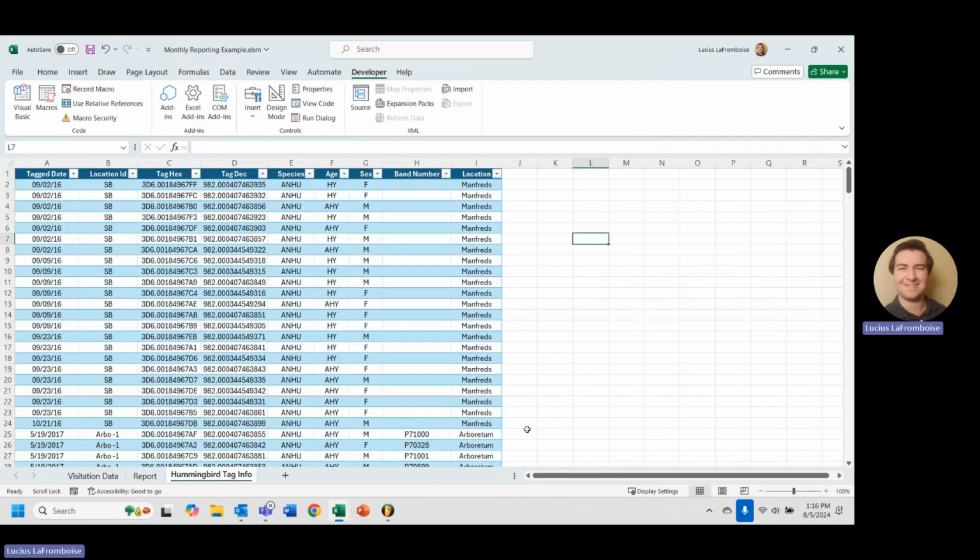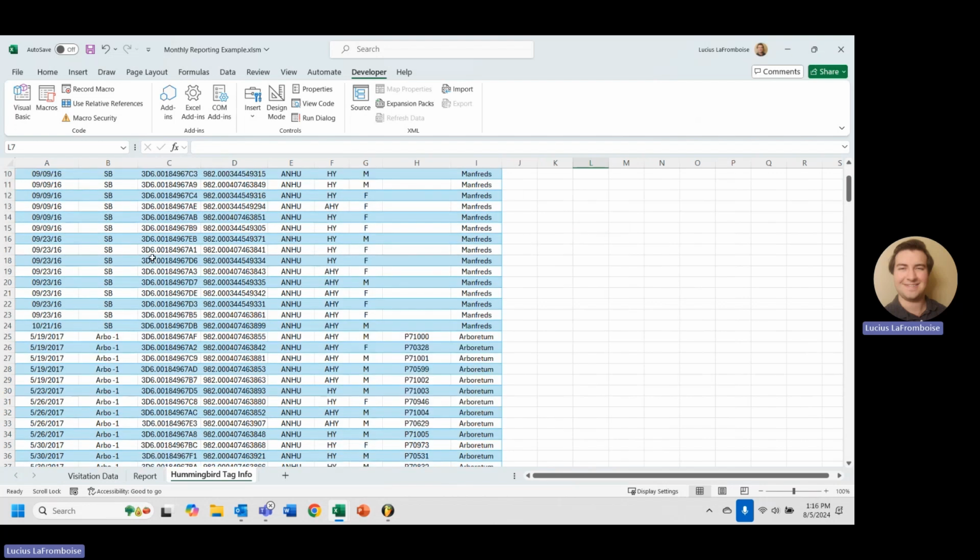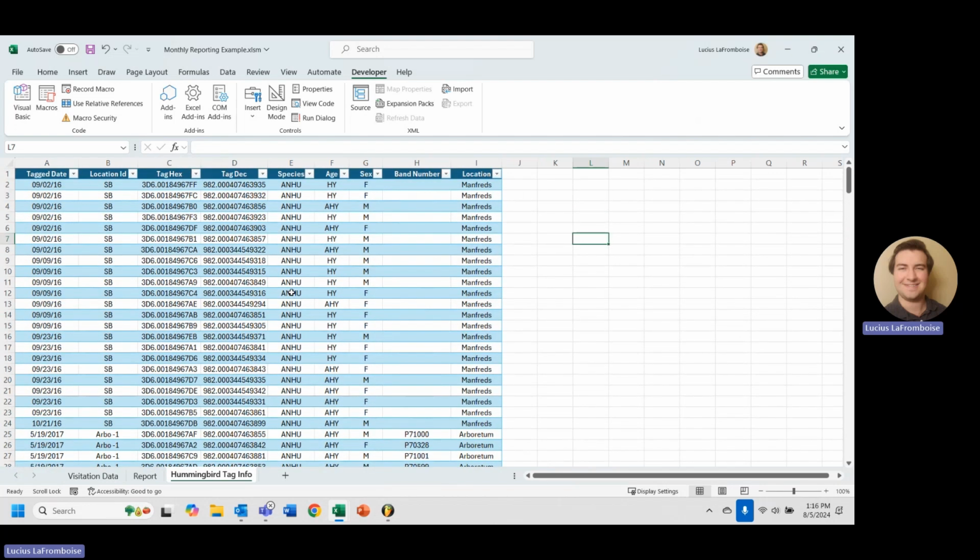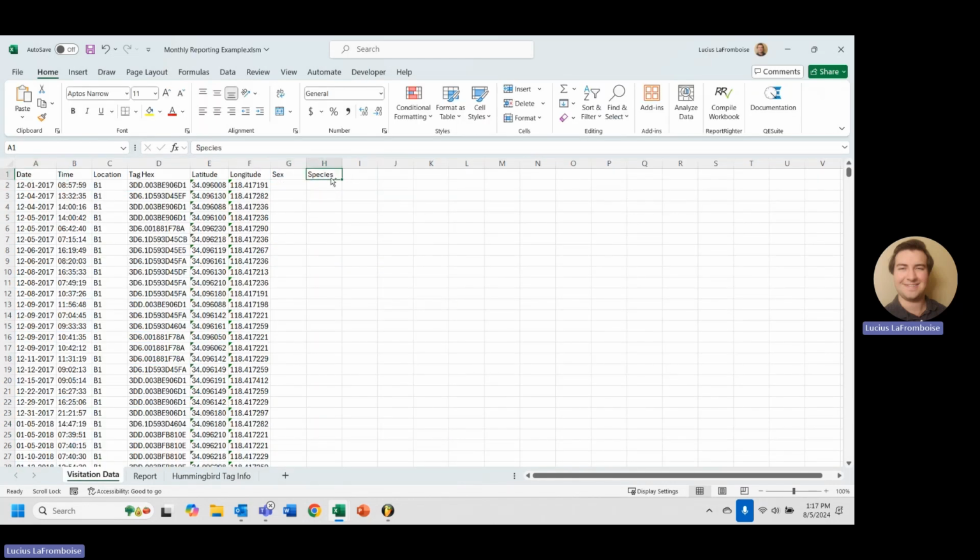So we have this wonderful hummingbird tag info table here. And we'll see we have the tag hex here, and that's associated with the species, the age, and the sex. So we just want to pull the species and the sex based on the tag. So the first thing I'm going to do